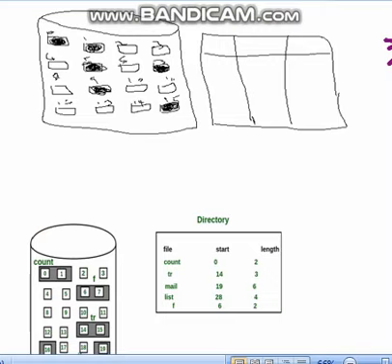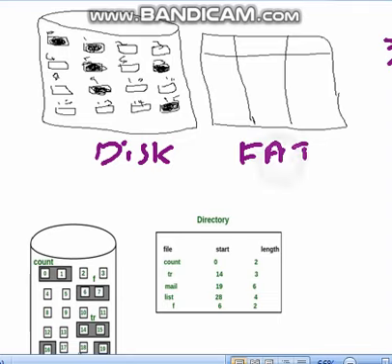Let us see an example diagram. For example, let us consider this one as the hard disk, and see how the files are to be stored in it. All this information will be stored in a file allocation table. The file allocation table contains the information about the hard disk, how the files are to be stored in it. It specifies the file name,